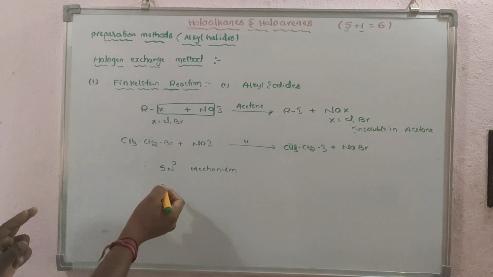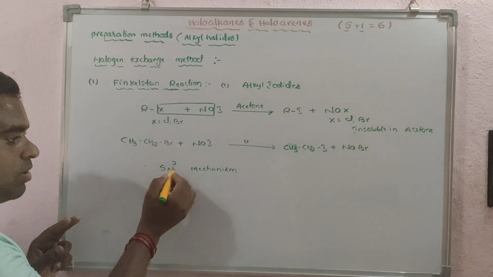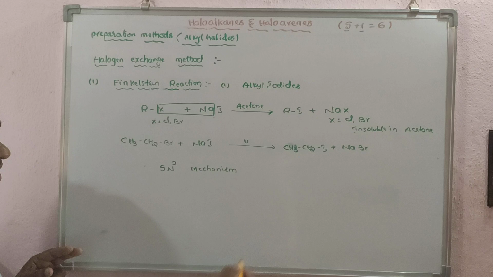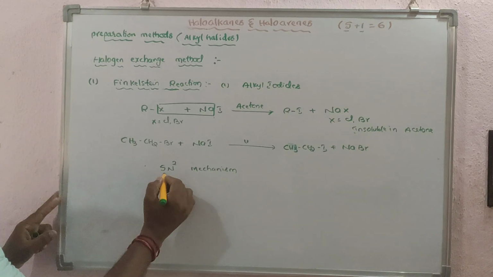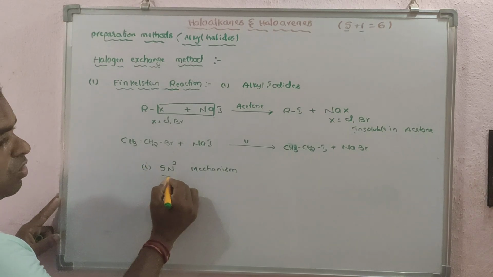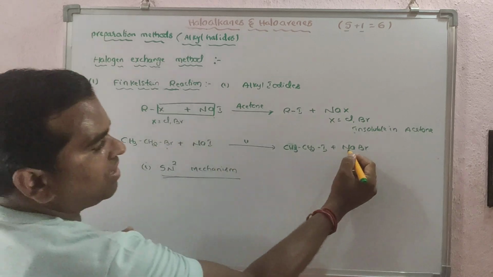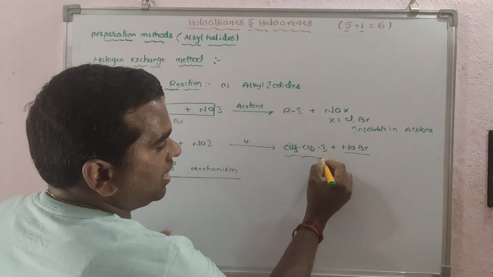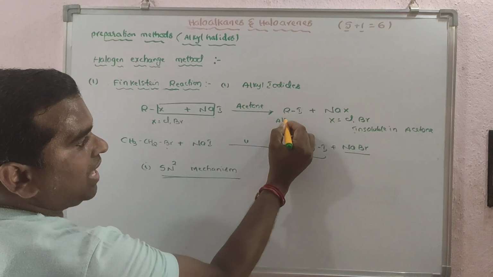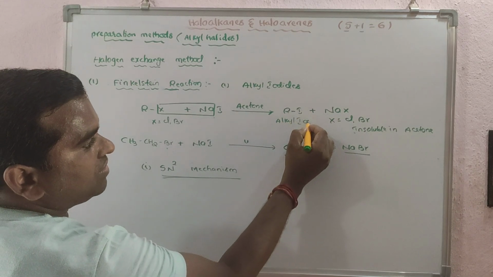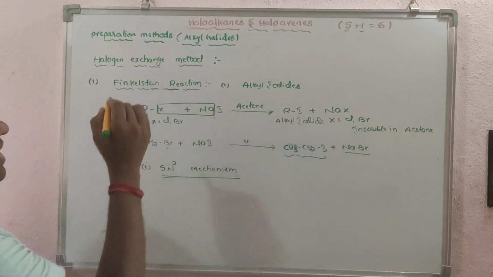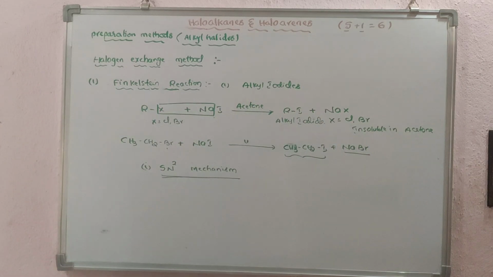We have not started SN1 and SN2 yet, but we will discuss them in the next 3-4 videos. And important here, you remember, this follows the SN2 mechanism. If I take chloride, then I will get sodium chloride, but here iodides, these are alkyl iodides. Clear? This reaction we will call the Finkelstein reaction.